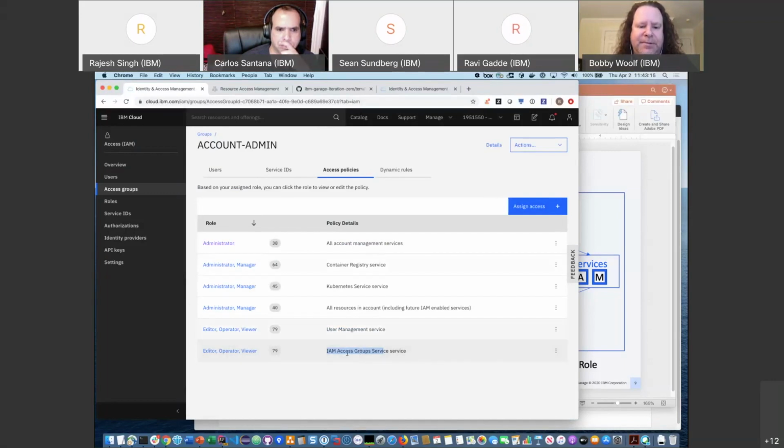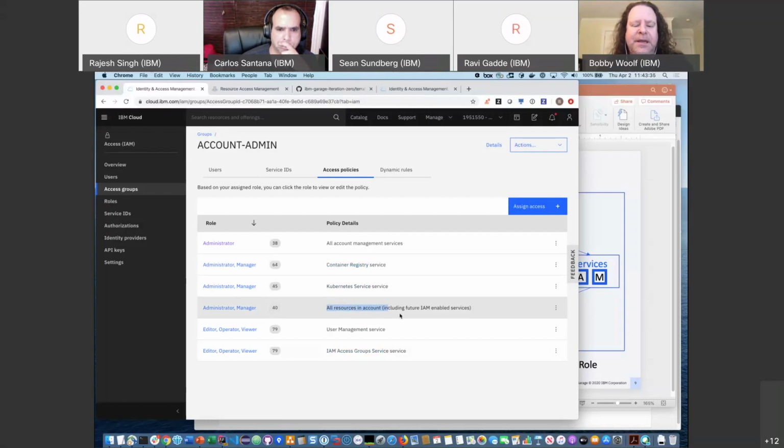So these two are a little bit redundant, but I put them in there anyway just to make sure that they're in there. And then we want them to be able to do what an environment administrator can do, which is they want to be able to create kube clusters and OpenShift clusters. They want to be able to mess with the registry, and they want to be able to create